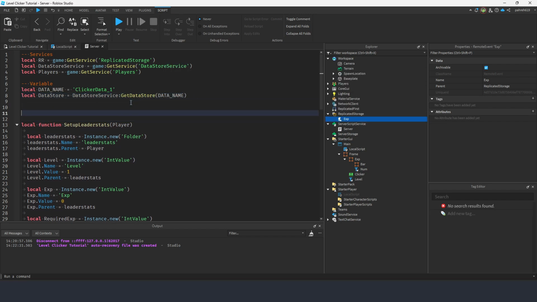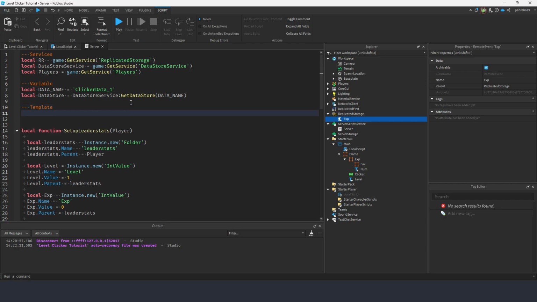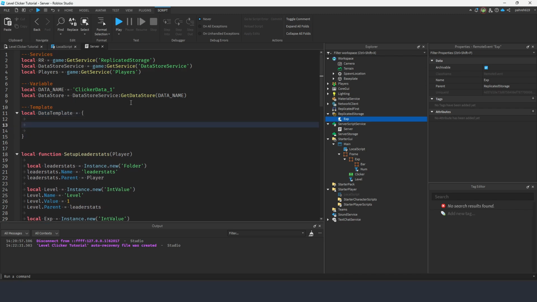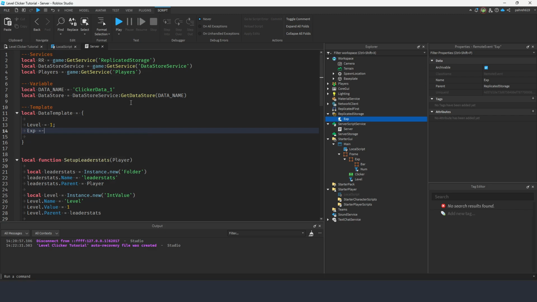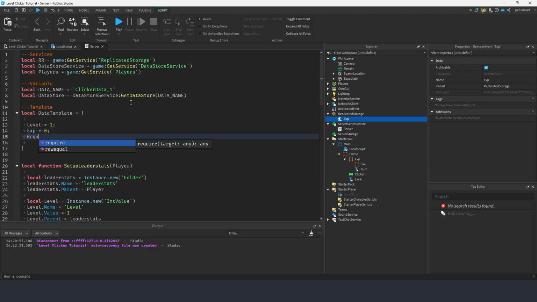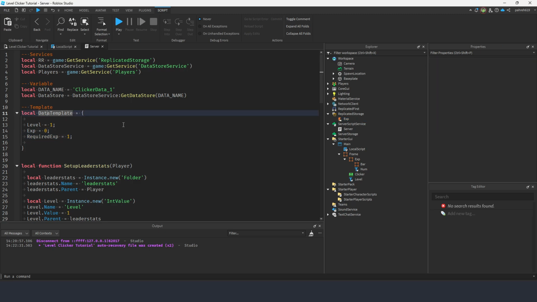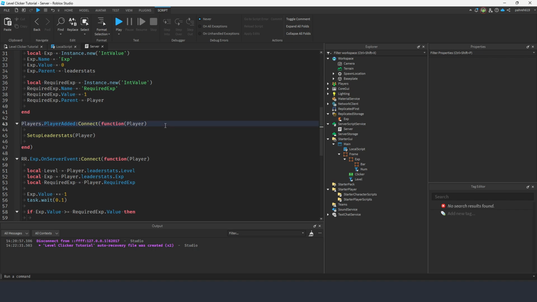Next thing we're gonna add in here is our template. Call this template for our data. I'm gonna say local dataTemplate equals this table here, where level is going to be 1, exp is going to be 0, and our required exp is going to be 1 as well. Now that we have our data template, we can go down to our PlayerAdded